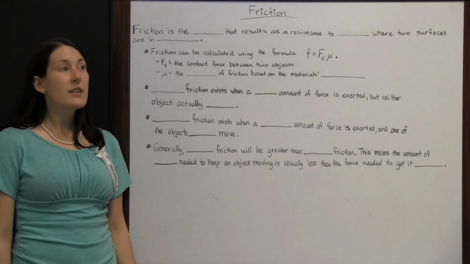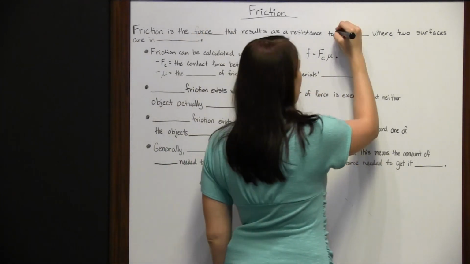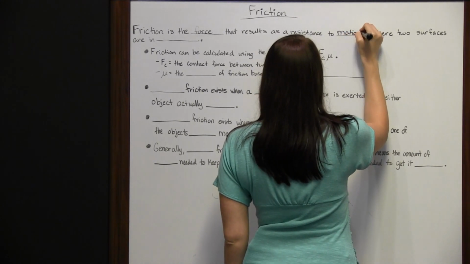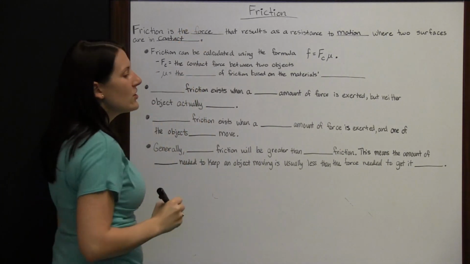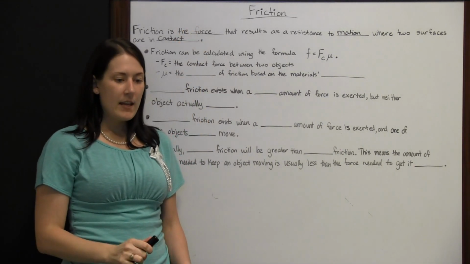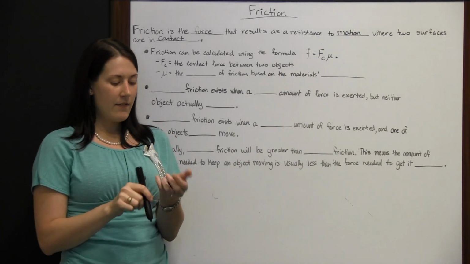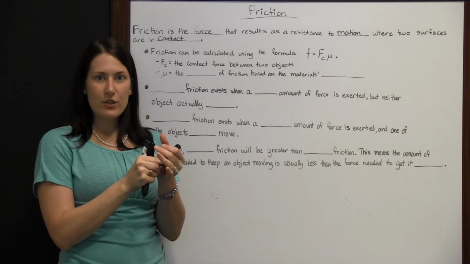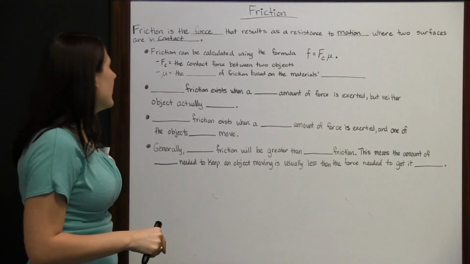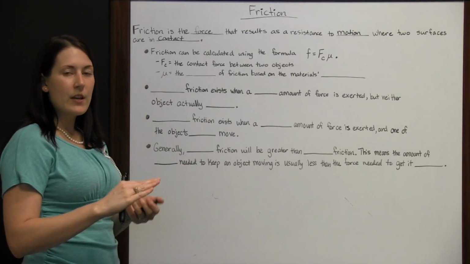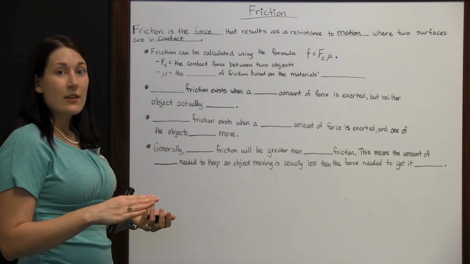Friction. Friction is the force that results as a resistance to motion where two surfaces are in contact. So if two surfaces are touching, there's going to be friction between them. If I'm holding my hands together, there's friction between them if I rub them. If I'm holding this remote, there's friction between my hand and the remote as I try to slide it across. So friction is just that force that results when you try to move two things against each other whenever two